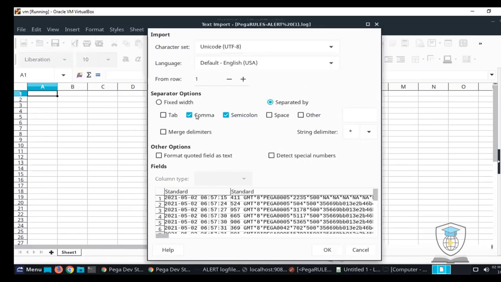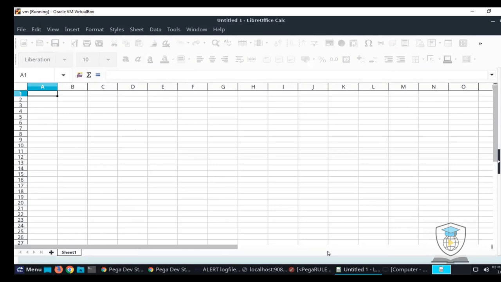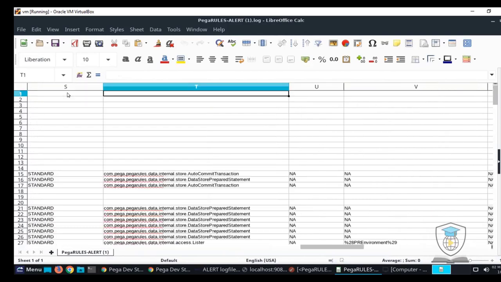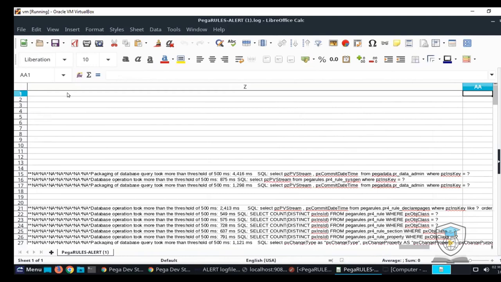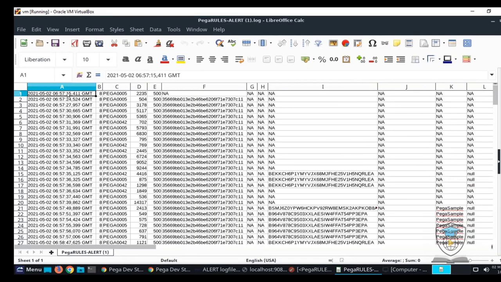So it can be separated by tab, comma, semicolon, or other. In Other, it is separated by the star. Now click on OK. Yeah, now it is separated. So you will get it. But one thing that is not there in this is the headings. I'm not sure whether Excel will provide headings or not, but it is not there. I will tell you what the headings of this will be. In this session we will discuss these headings.